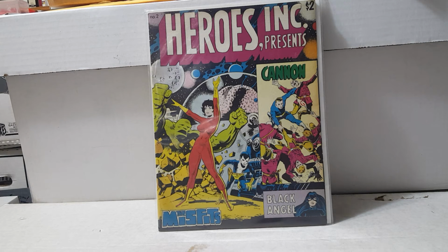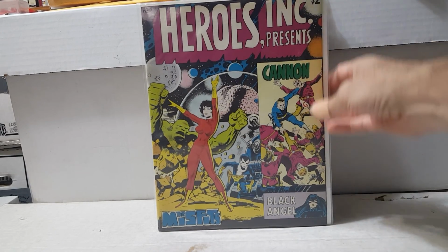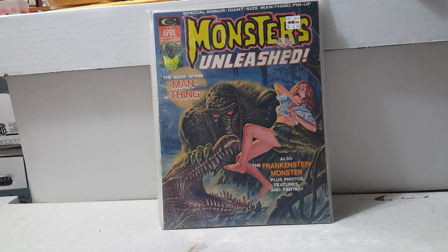But I was able to find this at this last con I was at. Paid like $8 for it. And I believe this is Wally Wood still. I know Wally Wood did number 1, but to find number 2, I'm ecstatic about it. Anybody who knows about Heroes Inc. knows how hard it is to find this book. This book I picked up simply because of the cover. It's from